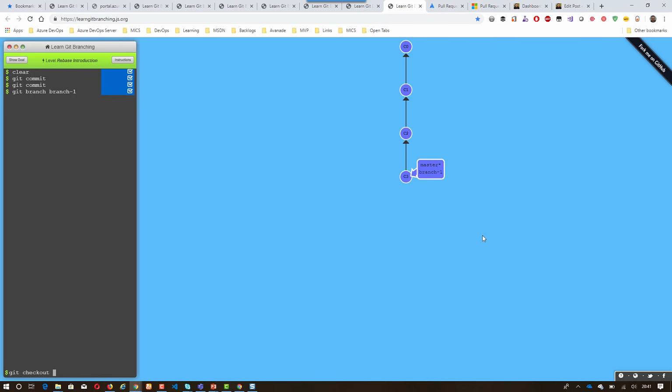So now I checked out, and let's make a commit in branch 1, another commit, and then another one. Now let's check out the master so I can merge the changes in branch 1. So I check out the master, and now I'm going to merge